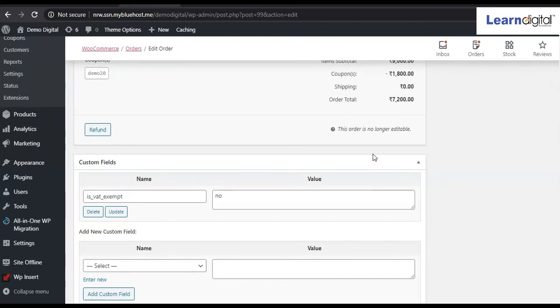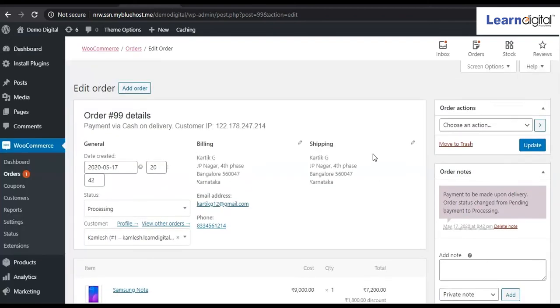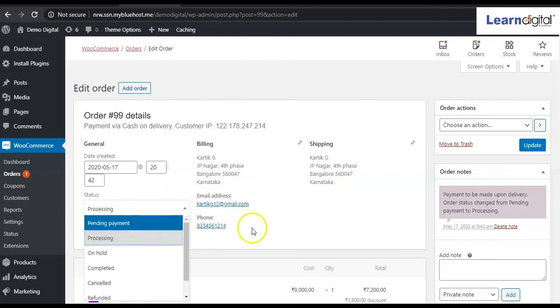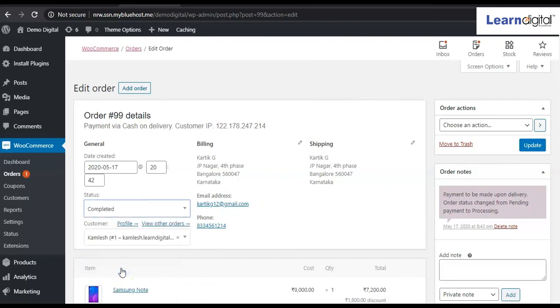So this thing you can check and you can process from your side, right? So this is the option. The order is still in processing. According to your need, you can update this one to pending, on hold, completed, cancelled, refunded. After getting your complete payment, simply from here you can click on completed, right? Now if we come here to the front part,